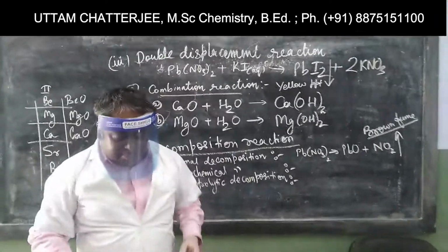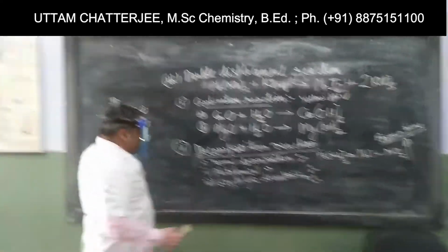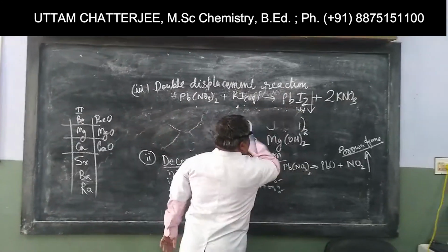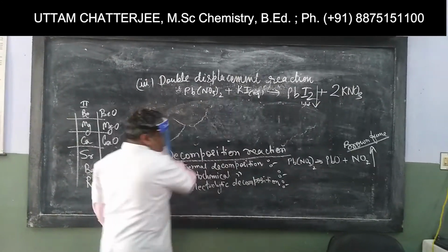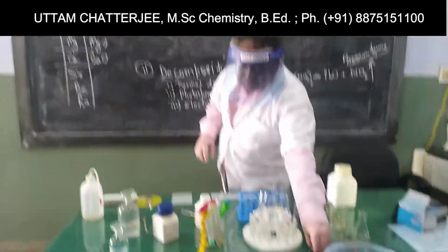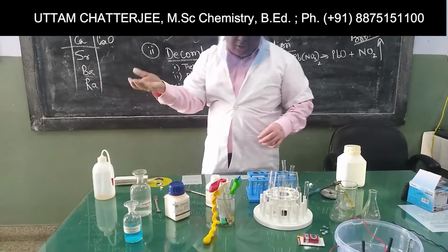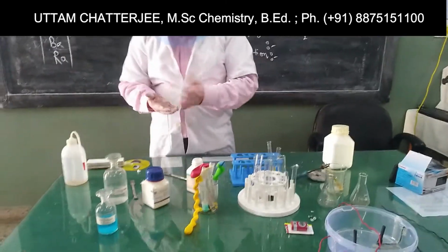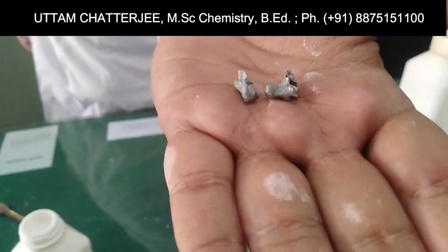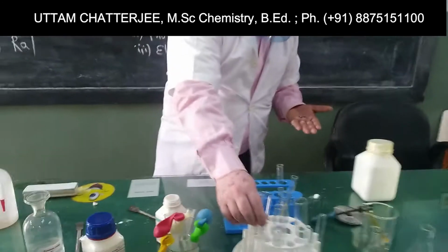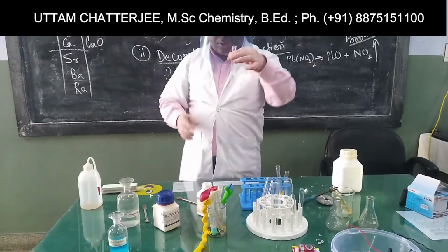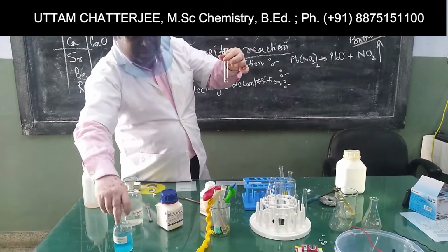Now since I was having lead in my hand, that is why I showed you double displacement reaction. Otherwise sequentially I would have taught you about displacement reaction. So for displacement reaction I will take some metal, zinc. Zinc is white, shiny, metallic in nature. It is a white, shiny metal. Now I will put this in water, or I will put it in test tube, and in this test tube I am putting copper sulfate solution.